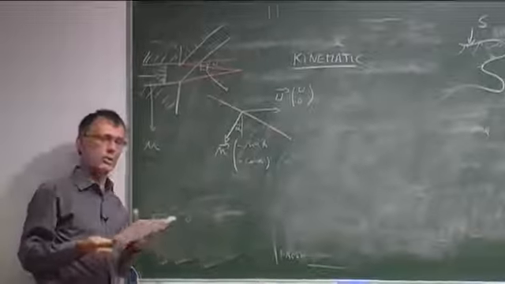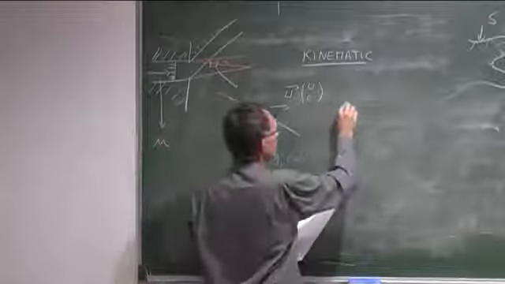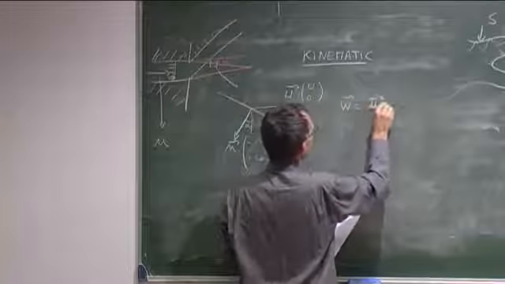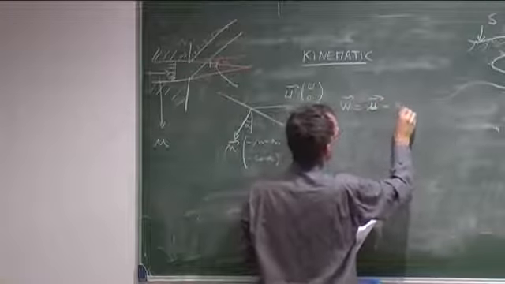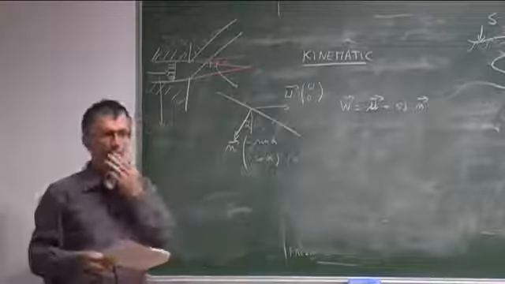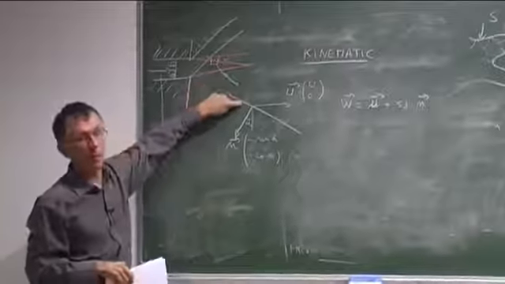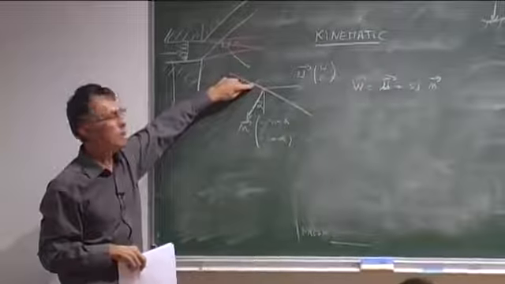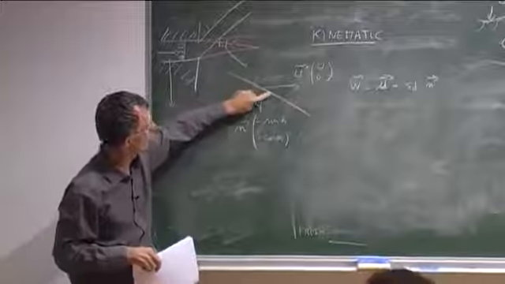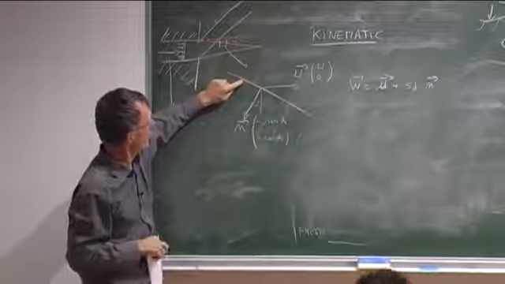And so what is the condition to find the place at which the flame will sit? Well, we know that the flame speed, W is u, the velocity of the flow, plus the flame speed s_d multiplied by n. So these particles here, they are moving, okay? The point is that the flame will not move if these particles are moving exactly along the flame front. This is where the kinematic interpretation is difficult to guess.